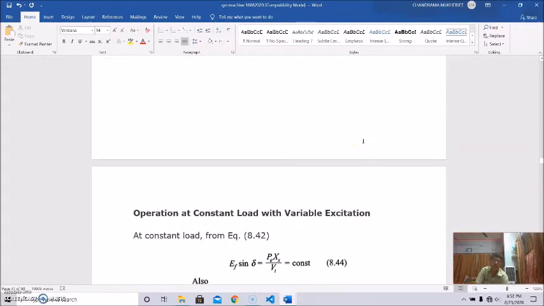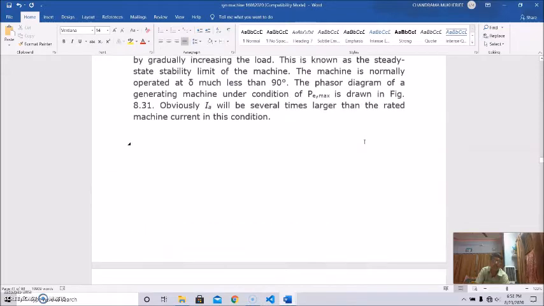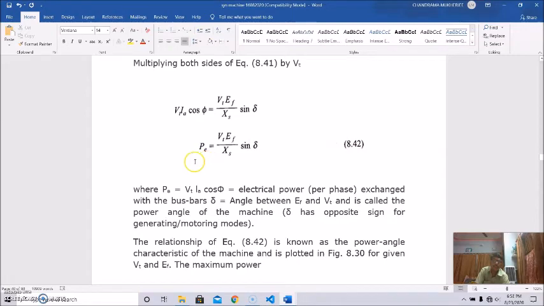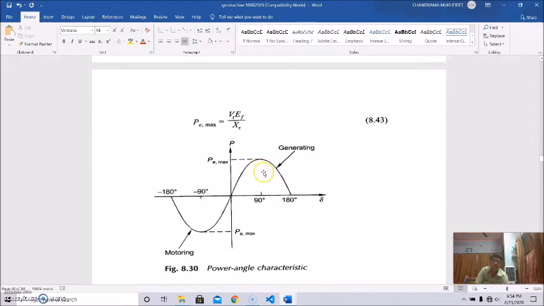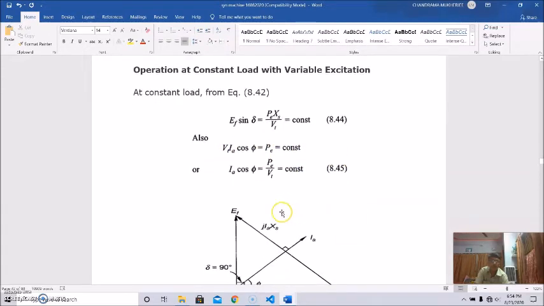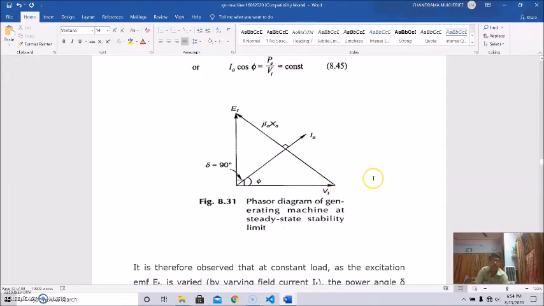So at constant load, from this equation 8.42C, we can write EF sin delta equal to P Xs by Vt, that is equal to constant. Also Vt Ia cos phi equal to P, this is actually active power, so this is also constant. So Ia cos phi equal to P by Vt, that is constant. So it is observed, therefore, that at a constant load, as the excitation EMF